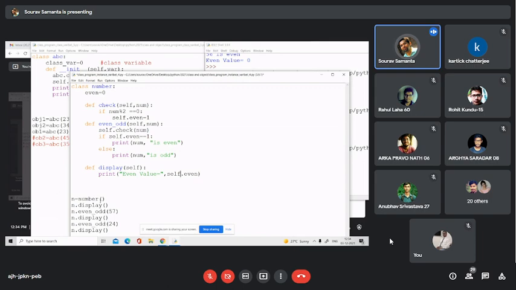And what is the initial value? That is either what we have initialized during the init operation, or it is a default value like even equal to 0. So whenever you are creating the object, it will be initialized either with the default value or with your provided value. Point is clear? Yes, sir.